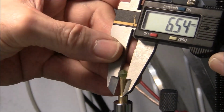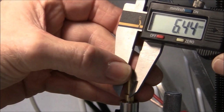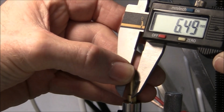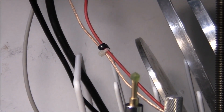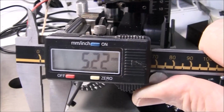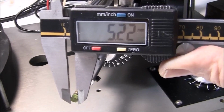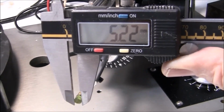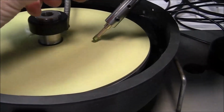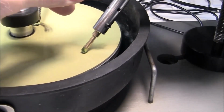So here I'm going to measure this and see where I'm at. It looks like I'm still around 6.4, 6.5 millimeter, so I still have to go down another millimeter to get where I need to be. Okay, now I'm getting right to where I need to be with my diameter, 5.2. So I will stop there, and I'm going to move on to pre-polishing the main facets with an 8,000 grit